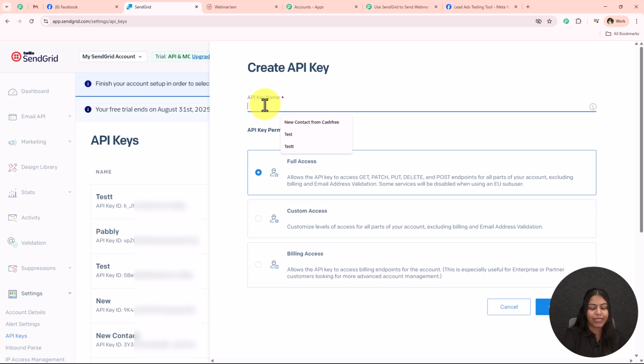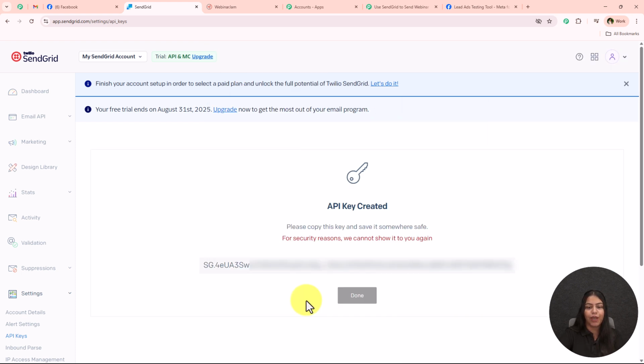Now I'm just going to enter the key name. Let's say I'm just going to enter my key name as Webinar Jam. And after entering this key name, I'm just going to give the full access and click on this create and view. And as you can see that this is my API key, so I'm simply going to copy it